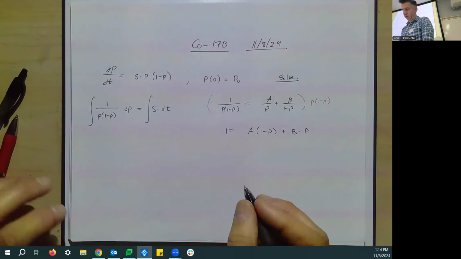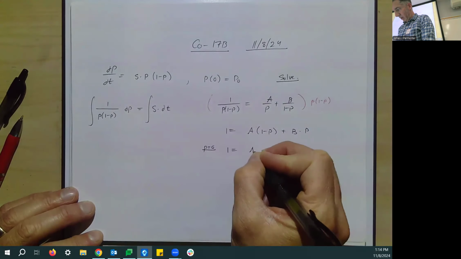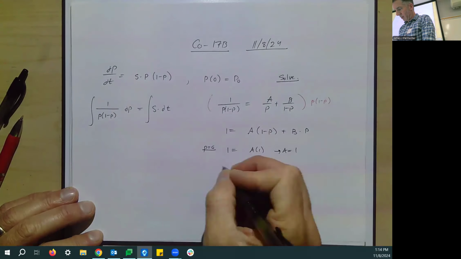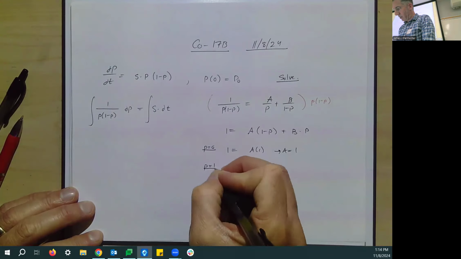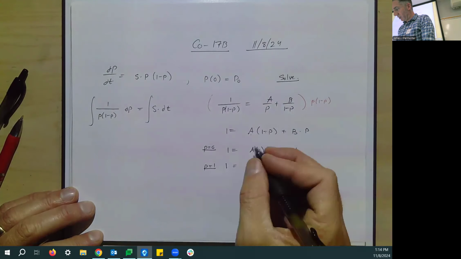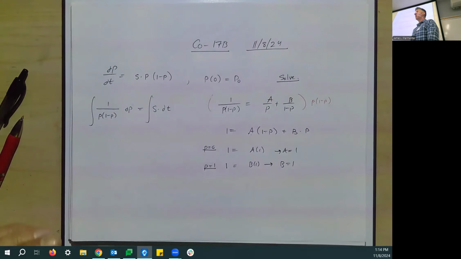We pick nice values for p. I'm going to pick p equal to 0 and get 1 equal to A times 1. So A is equal to 1. I'm going to pick p equal to 1 and get 1 equal to A times 0 plus B times 1. We get B equal to 1,